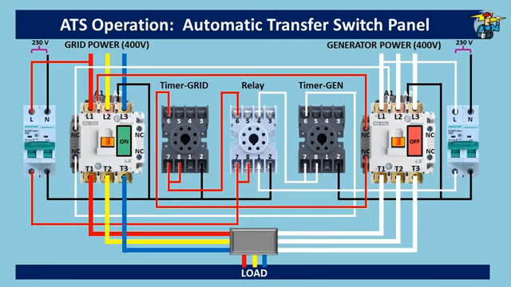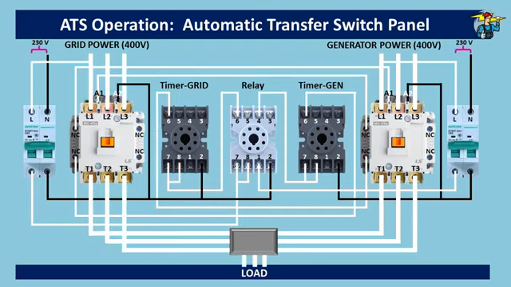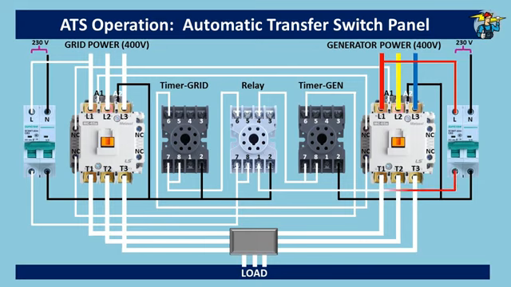Now let's see what happens when grid power is interrupted like this. Although automatic transferring of power is available here, generator auto starting is not included and will be discussed in a separate video. So we need to start the generator manually, and 3-phase power will be available at L1, L2, and L3 of the generator contactor. Then, the control circuit breaker on the generator side allows power to the number 1 common port on the relay. You will see lines to the port 7 is still on white color, and the relay is not powered yet, but relay output number 4 is at normally closed position, and